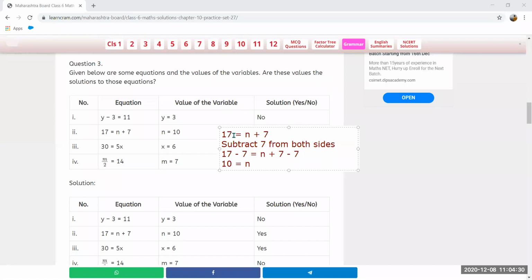Please pay attention. Let me close the chat box for you for some time. Please pay attention, because you become busy in chatting in the chat box and not paying attention properly. Whenever the teacher asks you, please let me know in the chat box. That time only you are going to answer me in the chat box. Otherwise, there is no need to chat unnecessarily, right? Because you need to pay attention.